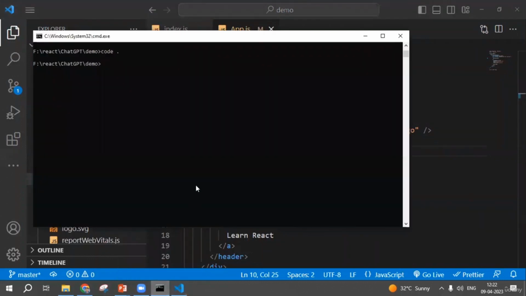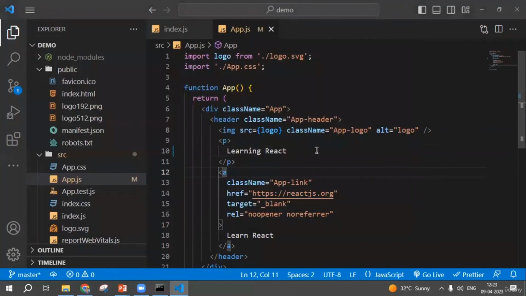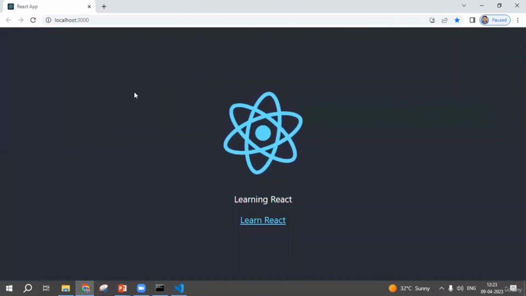Okay, one thing is that I never ran this project, so I have to run it. And I'm going to run this project by writing npm start. So when I hit npm start, what is going to happen? This whole thing is going to run again, right? And you're going to see the output in a fraction of seconds. As you can see here, our page is loading because it's the first time we do npm start. It takes some time, but once it is rendered,